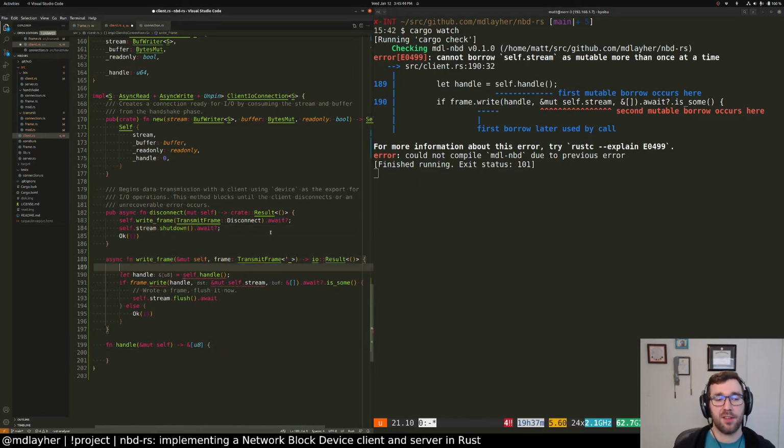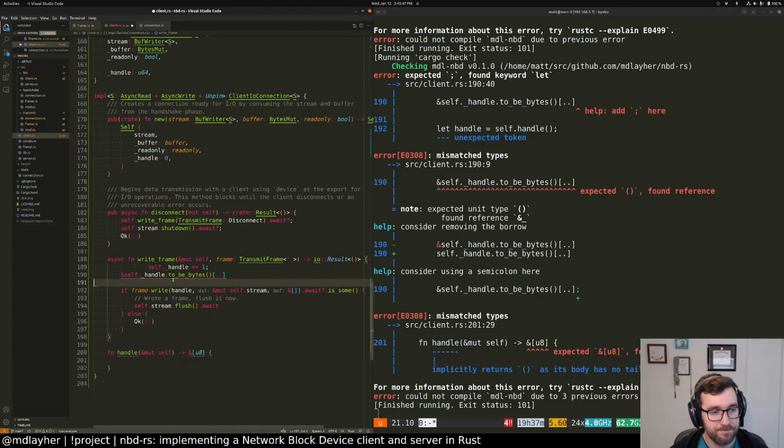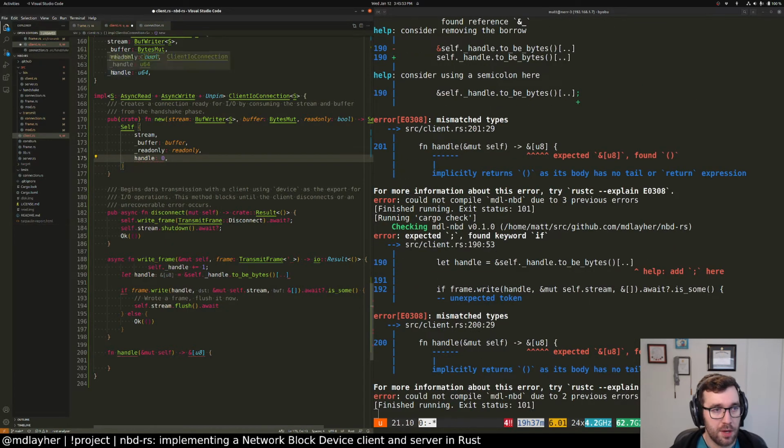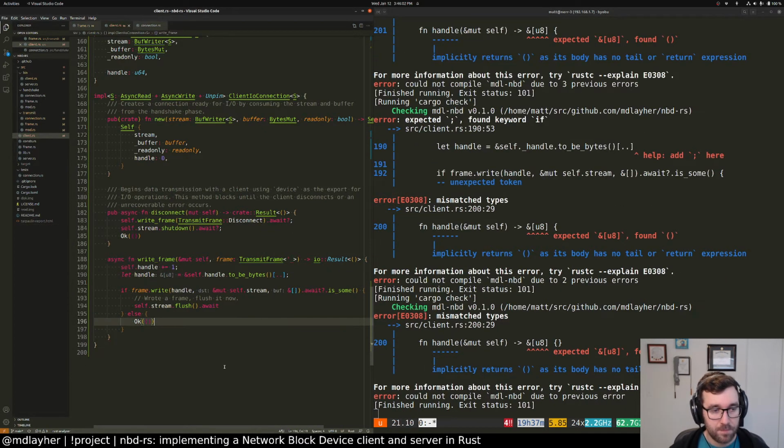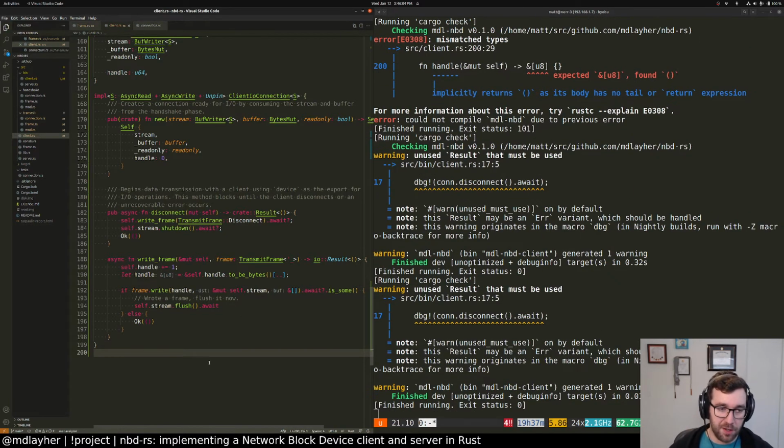Yeah, so for now, I guess I'll leave this inlined. Handle equals handle 0, handle 0, self-handle, bytes. Okay. Yeah, the Rust lifetime rules can sometimes be a little tricky. For example, in that case, it was complaining because I have to take part of this immutable borrow, and we're mutably borrowing self-stream here. So we're handing out part of the structure, but we're trying to mutably borrow the entire structure for the handle. So I guess I could make it so that you pass the handle into a function that generates this,